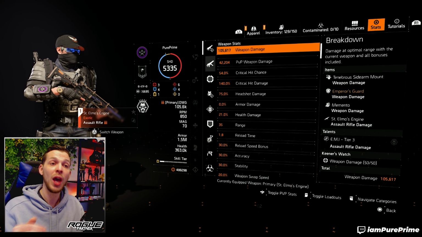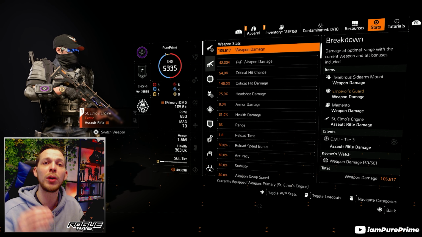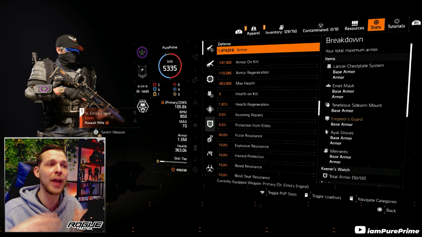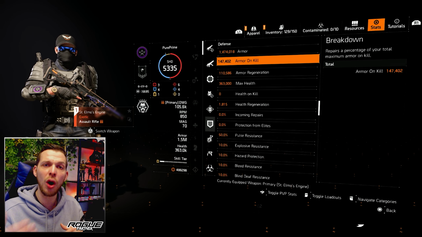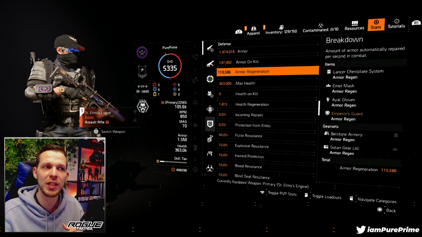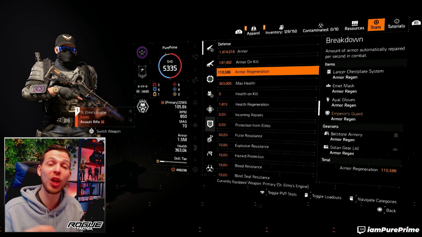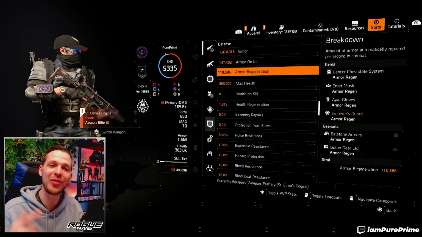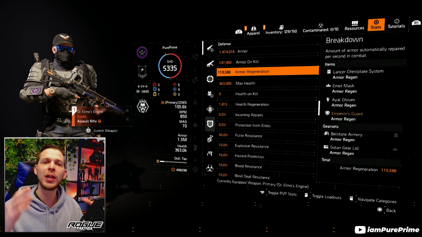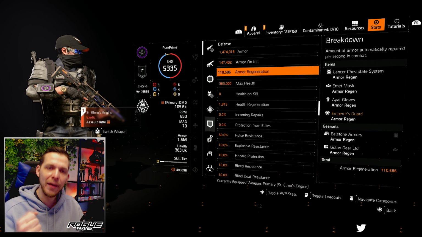As you can see, we went up quite a lot with our weapon damage, boosting us up to around 105k weapon damage output. And of course, if we then go over to our defense, our armor on kill will of course be the same, but our armor generation went up to 110k, close to that 111k armor generation. And that's why with this build, you can still beam through enemies while staying alive,